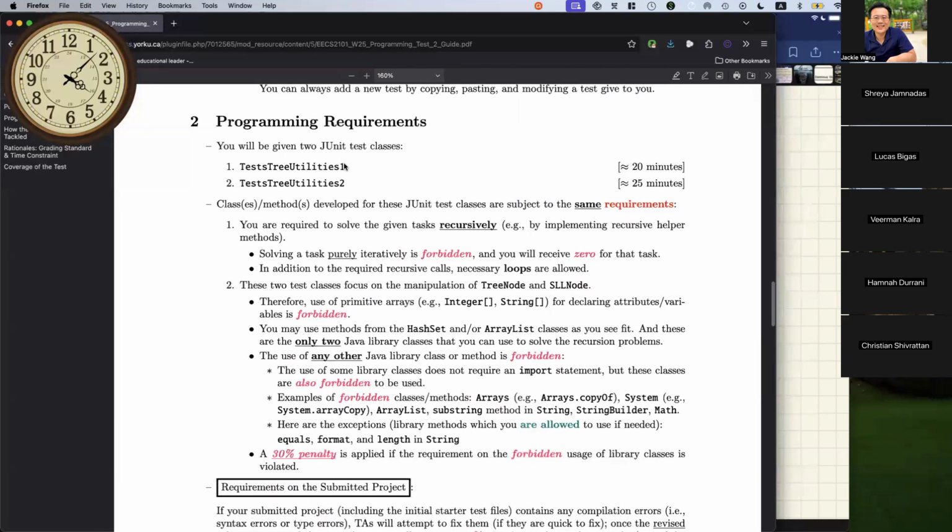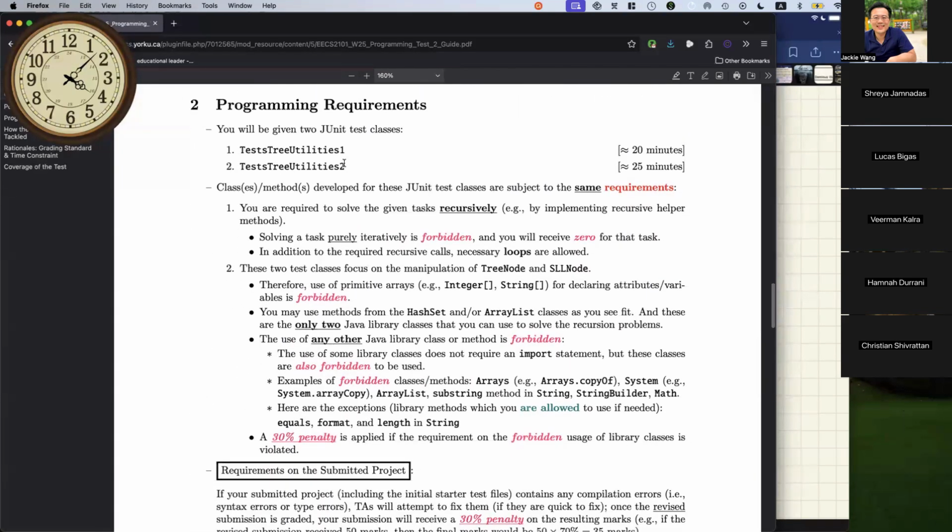This is something you also want to go over. I can go over it very quickly with you, but you have to see the detail. You will be given two problems, both of them about a tree. Roughly speaking, they should take you around an equal amount of time, about 20 and 25, or it could be 25 and 25. They may not be identical, so naturally one will be more difficult than the other. They might also involve ArrayList and HashSet.